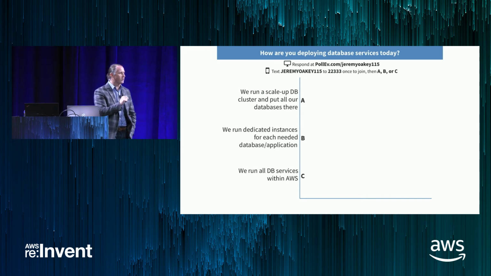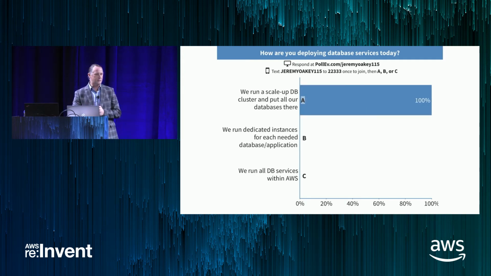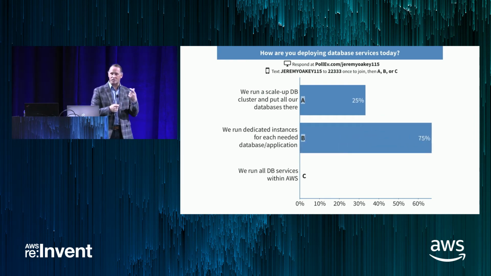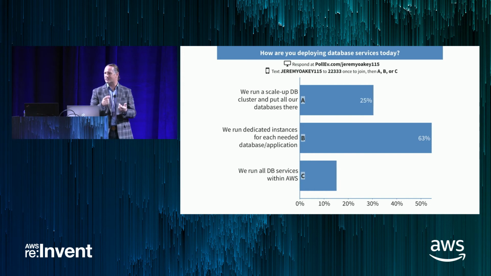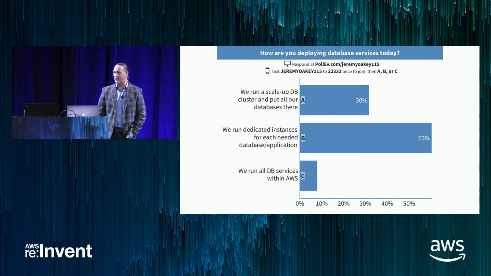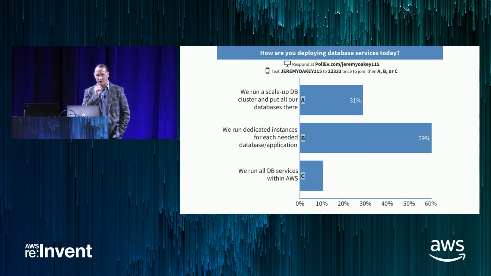So let's real quick, last polling question. Let's just talk about your databases. Do you deploy databases using a big central scale-up environment? This would be like Oracle RAC. You have a big physical environment, lots and lots of databases run on the environment. You don't deploy new instances. Or are you running dedicated instances? We are starting to see a lot of, let's just deploy a dedicated database instance specifically for one database. Or you've already decided, let's move everything to AWS, and we're using their platform services like RDS, DynamoDB, Aurora.